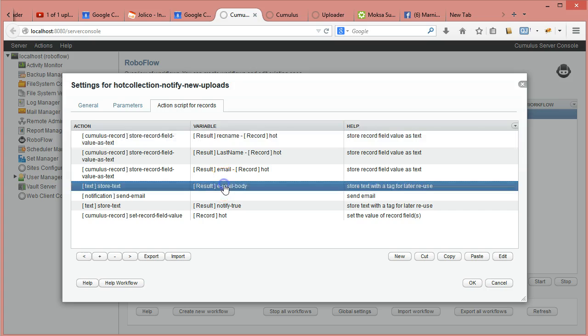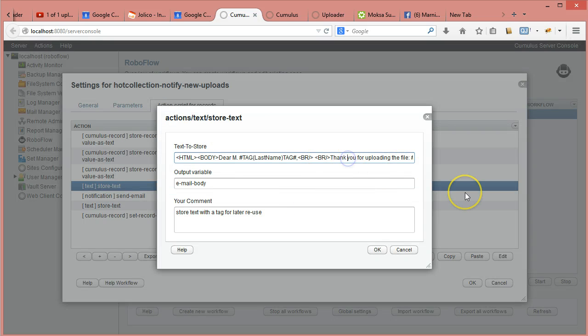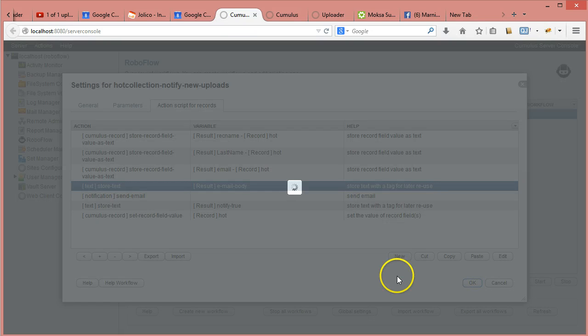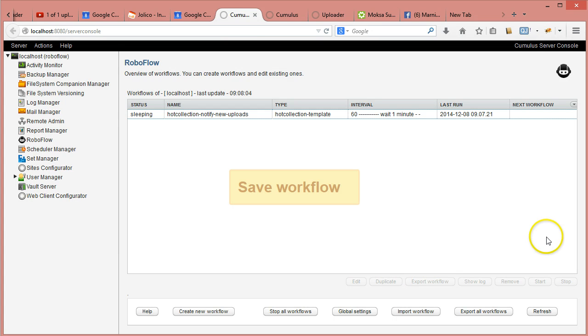And here in the email body text I was just using the wrong tag, but that is not correct. Thank you for uploading the file. It needs to be like this, rec name, and then I have something like Canto team, like this. I can say okay, and then